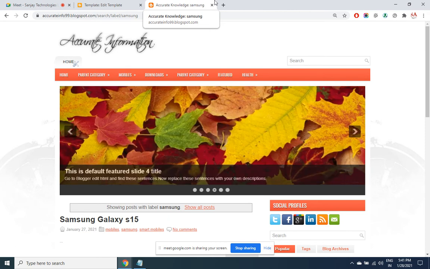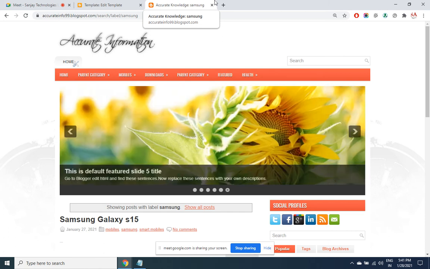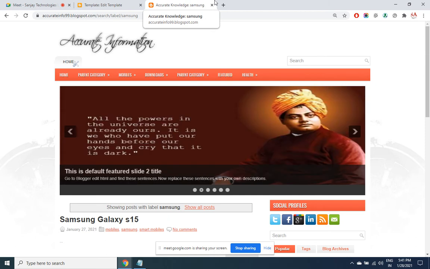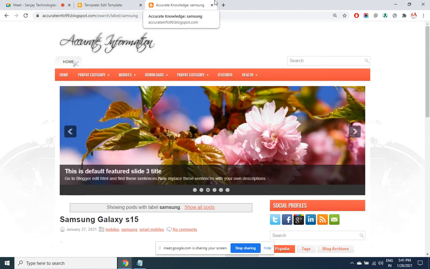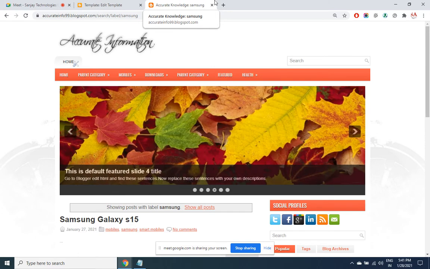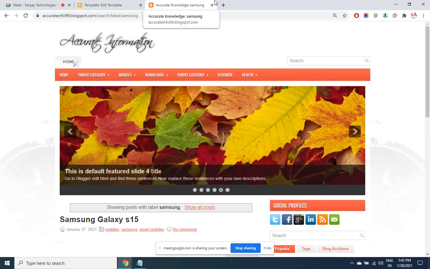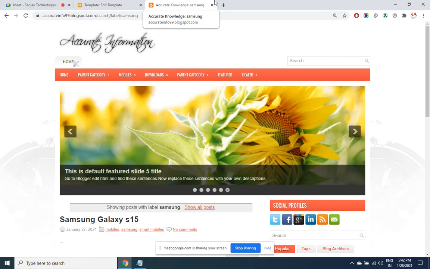Now the biggest advantage of doing this is lifelong free hosting from Google. You do not have to pay for hosting. Google gives you lifelong free hosting with automated upgradation. That means based upon the visitor's flow, it is automatically going to upgrade the server. Never will the site hang. So that is a huge saving on the cost. It means that you just require a private domain name. That is it.